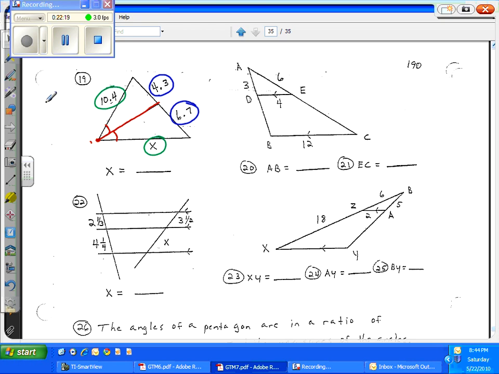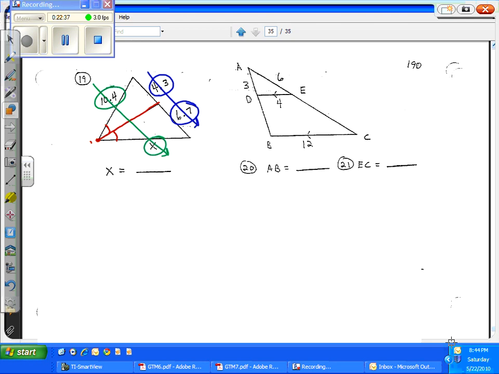Now when we set up that proportion, we're just going to not crisscross, and so the pieces of that side that was hit by the angle bisector are proportional to the other two sides of the triangle. And again, understanding that